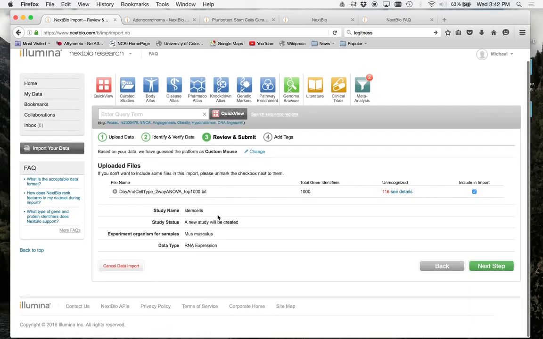Upload files. If you want to include some of the files in this import, please unmark the text. So the only ones that it was not able to recognize were 116 of them, which are probably uncharacterized genes, which is fine. I put in 1,000. Remember, this was our top 1,000. So I'm okay with that. Include an import, and then next step,